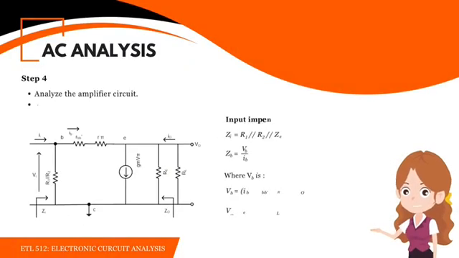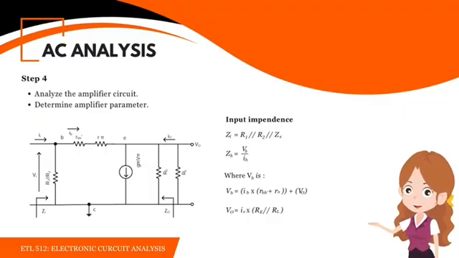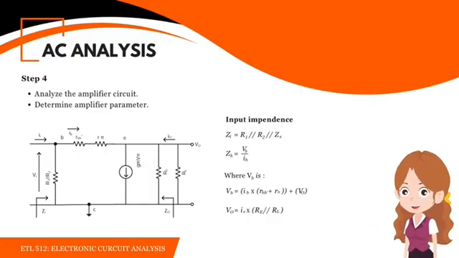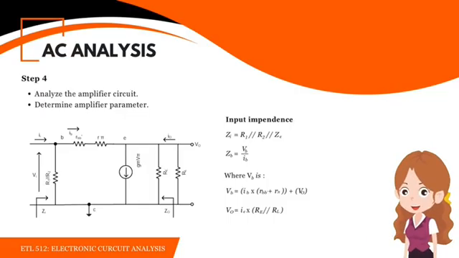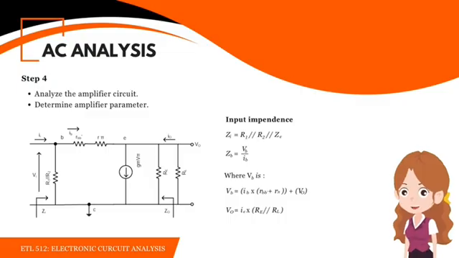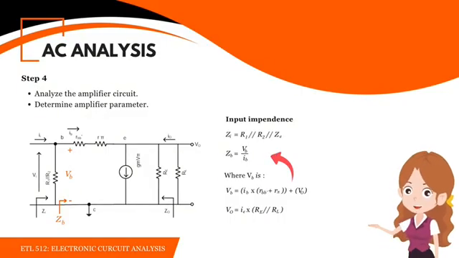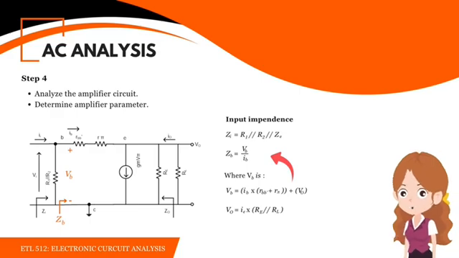Now, let's calculate the input impedance. The formula is RBB prime plus open bracket beta plus 1 close bracket times Re. So, 50 plus open bracket 100 plus 1 close bracket times 25. That gives 50 plus 2,525, which equals 2,575 ohms. Now, if there is an external emitter resistor, the total input impedance will be the parallel combination of